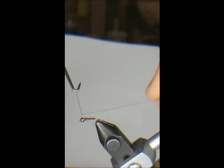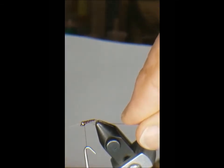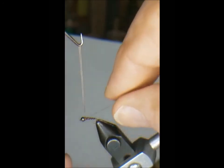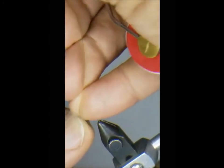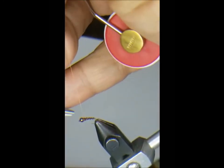Then I go immediately to the whip finish, immediately behind the bead, and I go 1, 2, 3, 4, 5 times. And I hold it and I give it a little tug. And then I carefully trim it off so that there's no